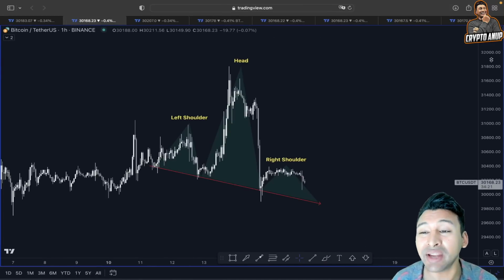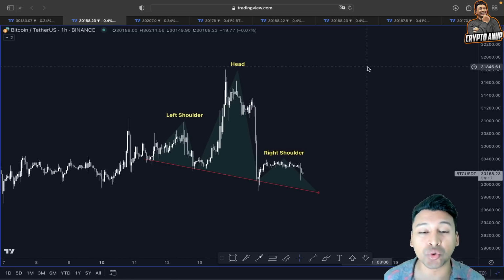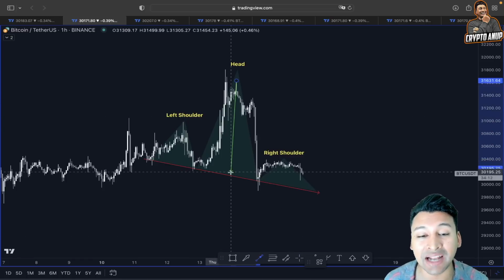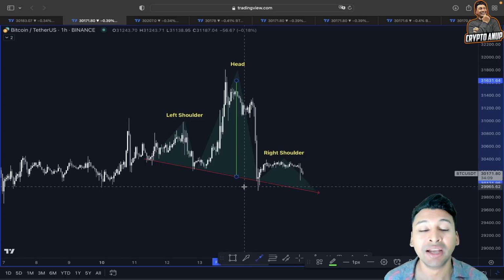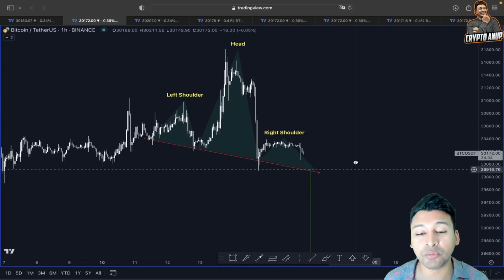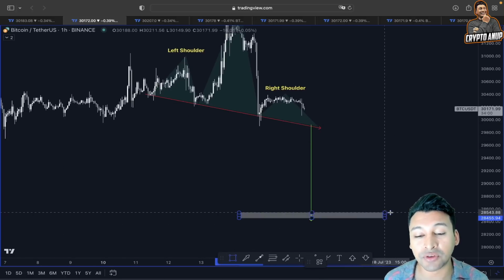Now, if we look at this in a smaller time frame, I mean, if you look at the price action using this head and shoulder type of formation, you can see this head and shoulder is a bearish continuation pattern. And if the price in the medium short term is going to break the support which you have around 30,000, then we should monitor the price movement around 28,000 as our price opportunity from this head and shoulder.